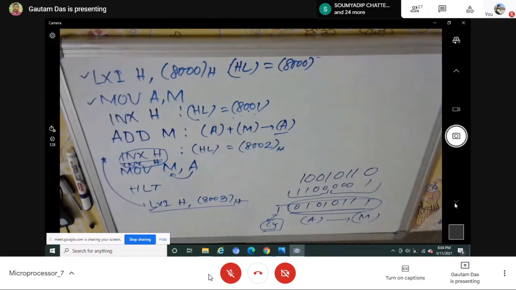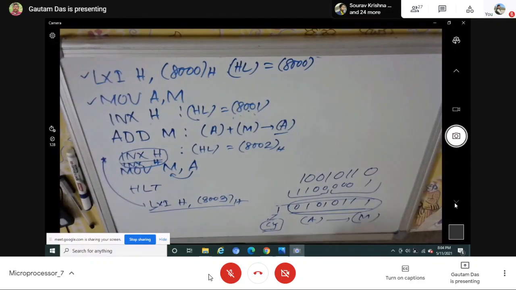That mechanism I have not discussed till now. I will discuss later whether it is possible at all to store the flag information in some register. It is not possible directly, but indirectly it is possible. That mechanism I will discuss later. Your question was how to store this carry information. So carry information can also be stored in a register, but using some other instruction that I will describe later.